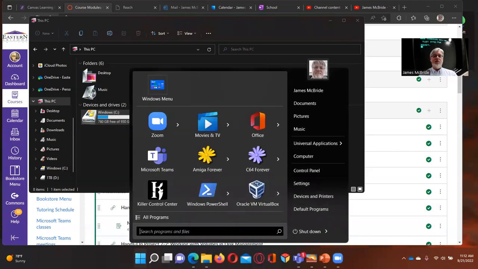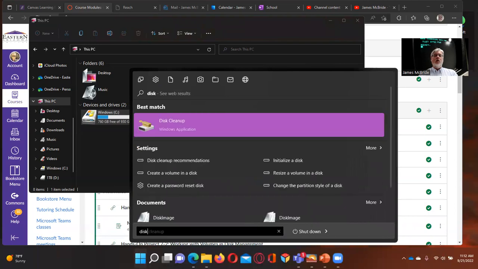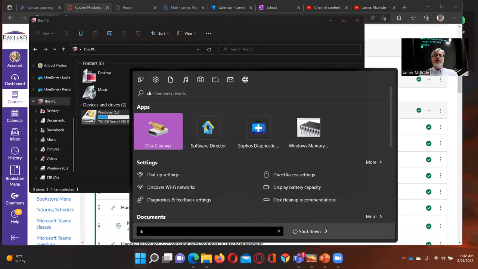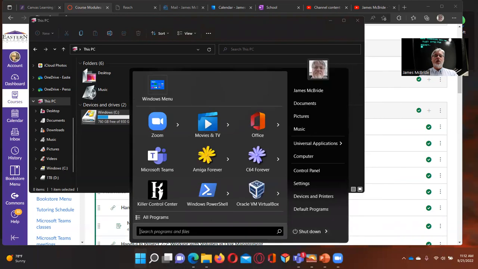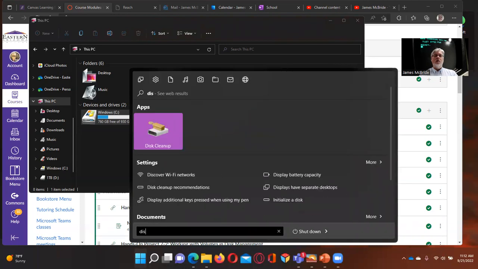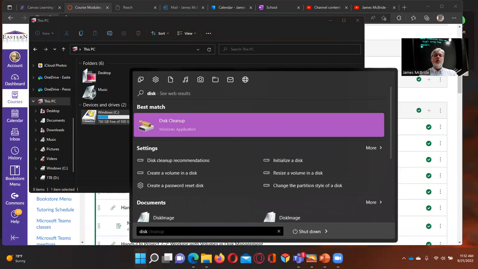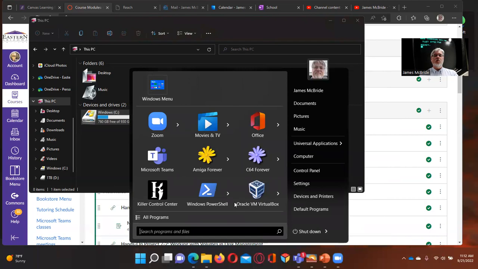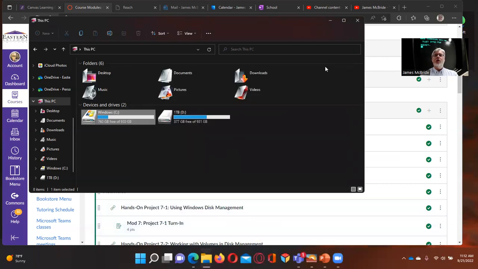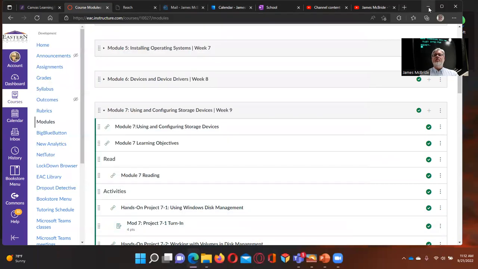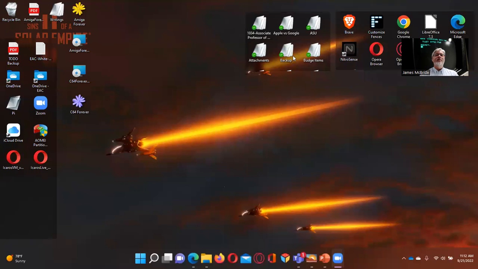Now I have not disk cleanup. I cannot remember which one I installed. So let's poke around. Let's go back and we will go to all programs because I've got it in here someplace. It's probably right on my desktop. I have no all programs. What is it doing to me? It only behaves like this when you actually need something, right? There it is. I have the free version of AOMEI,